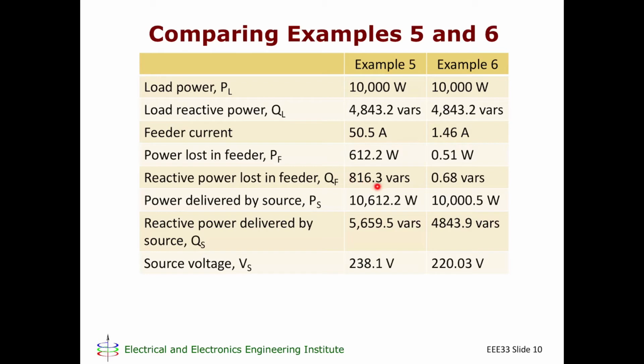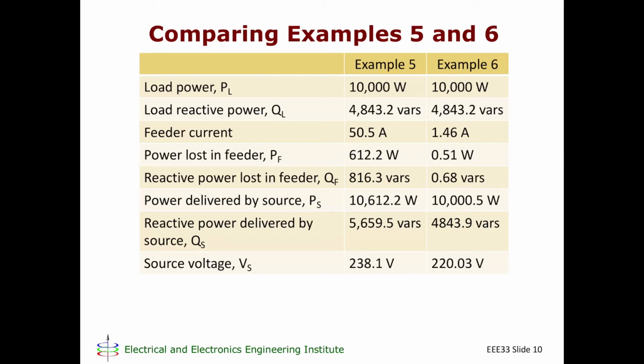from these values of power and reactive power lost in the transmission line, we were able to bring it down to these measly values. No? From 612.2 watts, we were able to bring it down to 0.51 watts. And from 816.3 vars, we were able to bring it down to 0.68 vars. So the requirements of the source in example 6 are much less than the requirements of the source in example